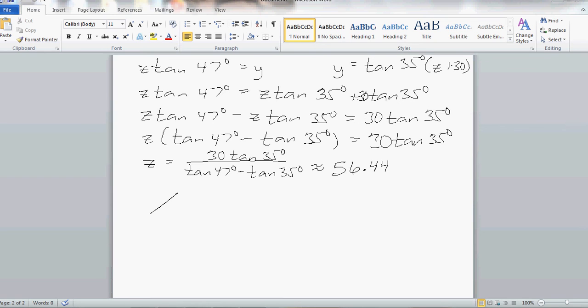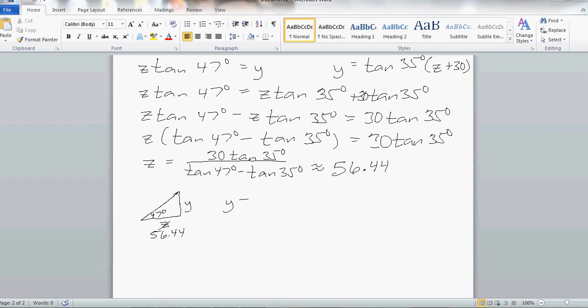Remember, we have at least one of those triangles there. We called this y, this was z, and this had 47 degrees. Well, now we know that z is approximately equal to 56.44. So we can calculate that